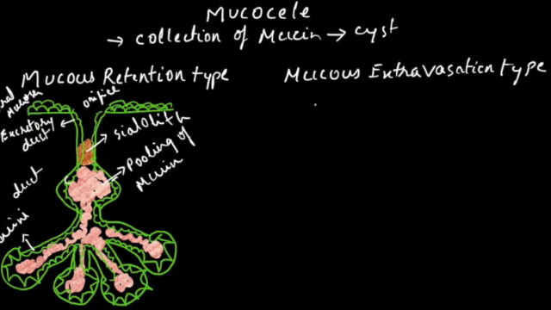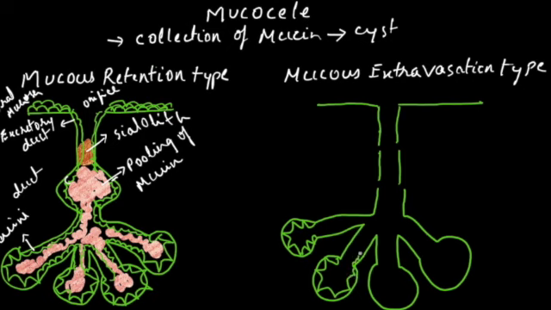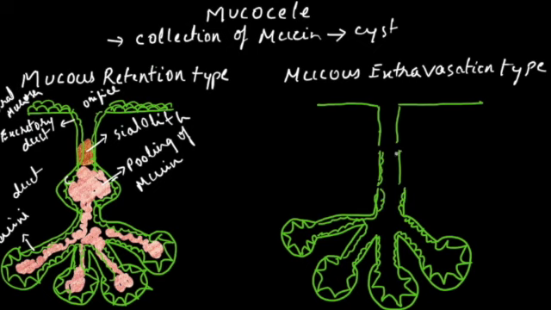Now let's understand how this mucus extravasation type of mucocele occurs. Here we are drawing again the oral mucosa and the excretory duct and the acinar system of the salivary gland. Now we will just draw quickly the cells of the acini and the ductal cells. These are the cells which produce the saliva. So roughly I am drawing, please pardon my drawing. Here is the ductal system and the oral mucosal cells.